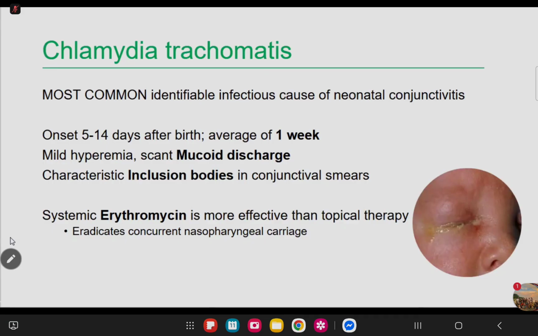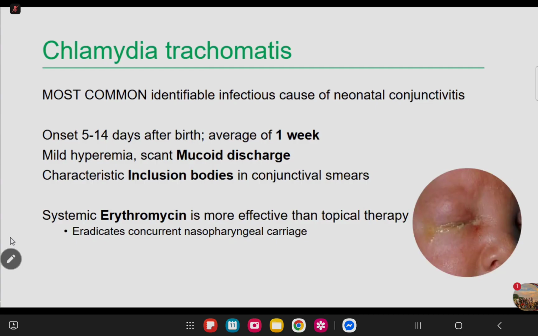We can also encounter patients having chlamydia trachomatis, where patients have infected mothers. It is the most common identifiable infectious cause of neonatal conjunctivitis. Remember, it could be found at onset of 5 to 14 days after birth. It is passage through the birth canal, so it's the risk factor for this type of etiologic agent. If the patient's mother is already infected, chances are the patient could develop chlamydia trachomatis